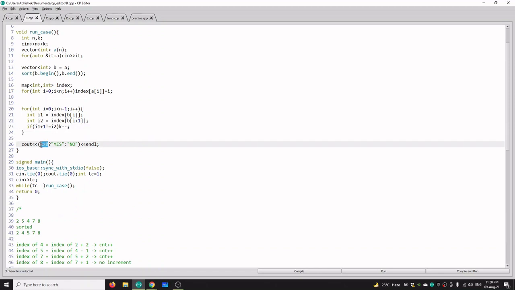And if k is greater than 0, that means we still have some operations left, then we will print yes. And if our count value is greater than k, then after subtracting 1 in each iteration the k value will become negative, so we will print no in this case.